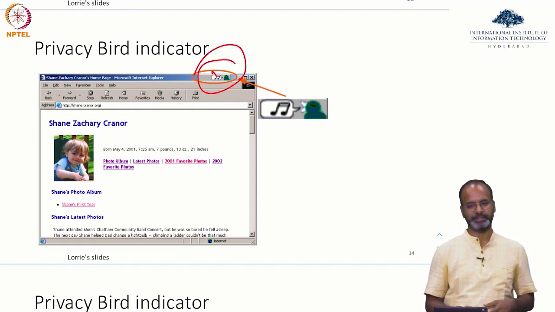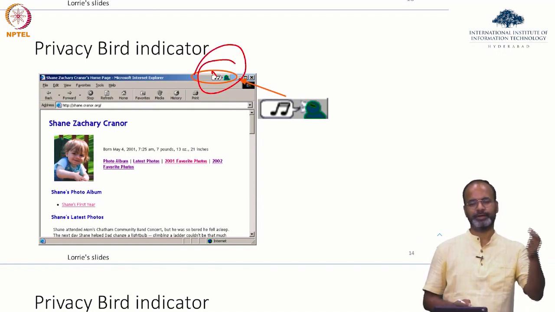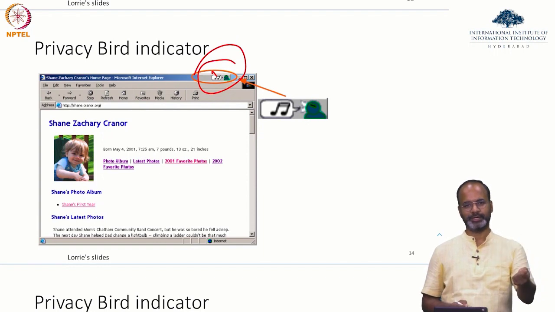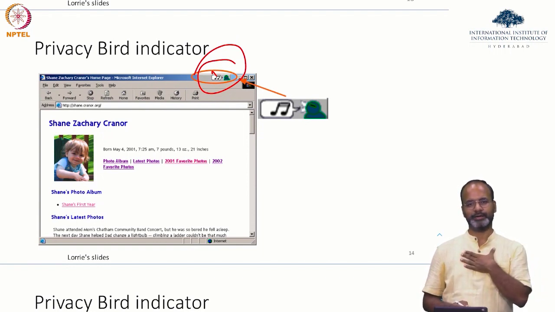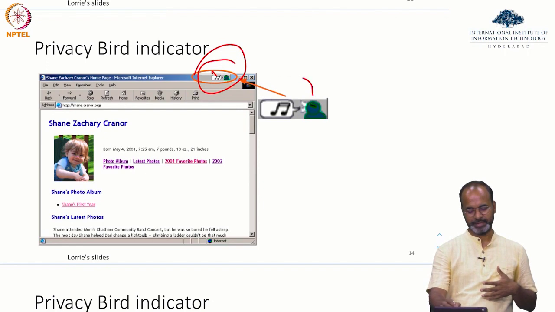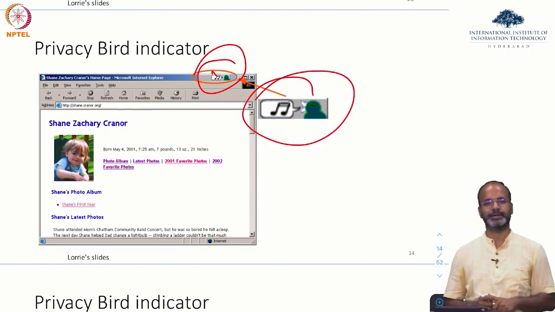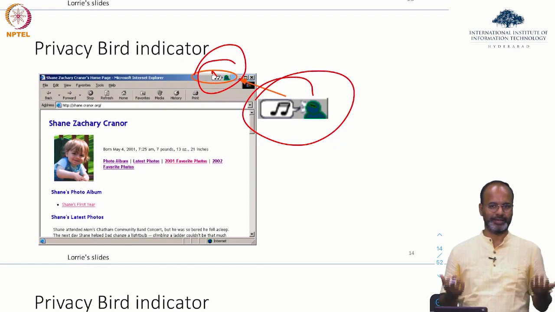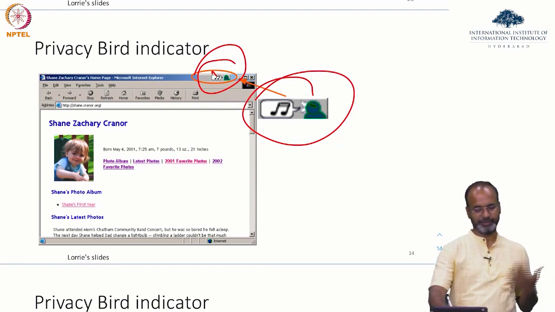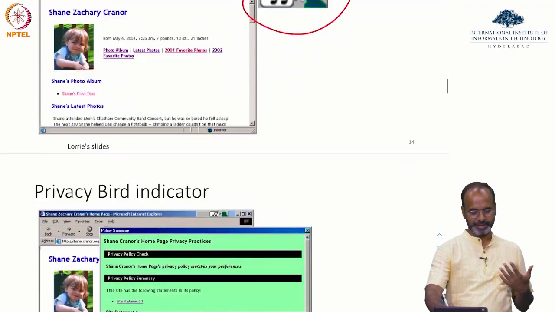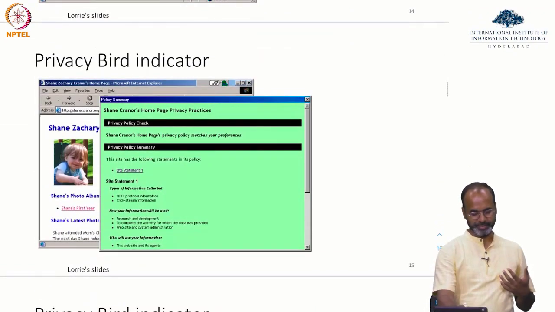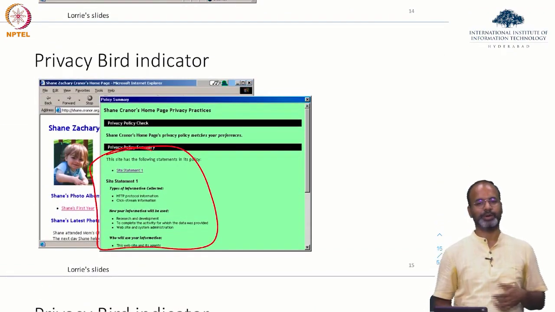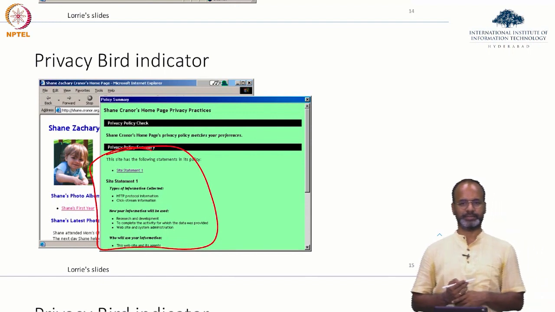Privacy Bird looks at the privacy policy of IIIT.ac.in, it looks at my preferences, and if it is aligned, it makes a sound that it is okay in green, and if it doesn't, it makes it in red. You can go look at why it is green and why it is red also,